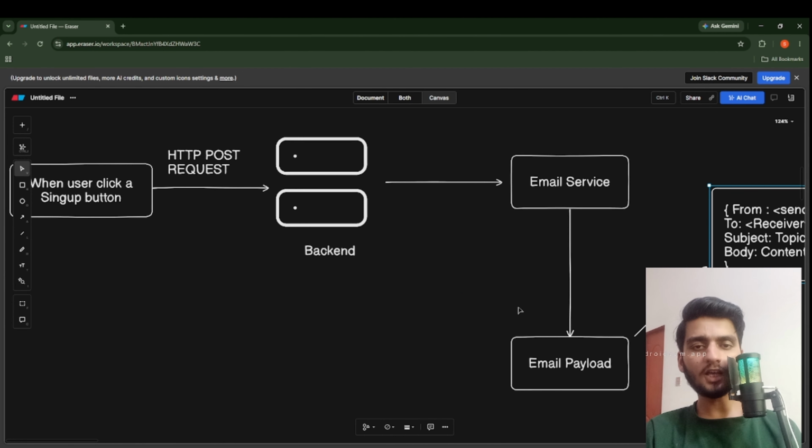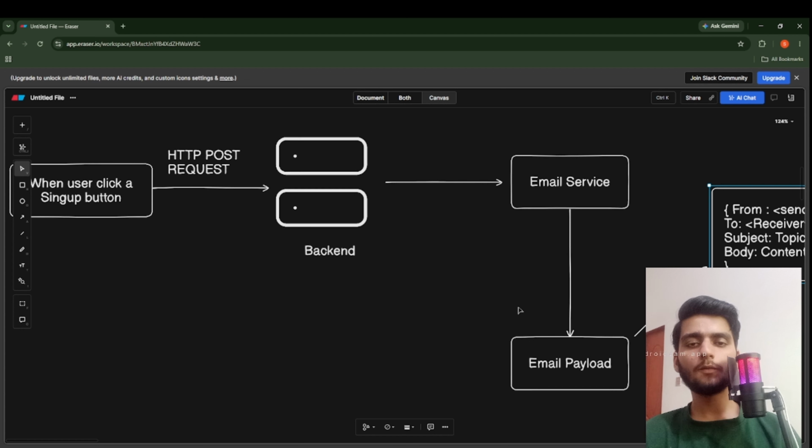After preparing the email payload, our server has to send this data to Gmail servers or Yahoo servers, whatever email service is being used by the user. But before this, I must say that our backend servers cannot directly communicate with the email servers, Gmail servers or Yahoo servers, because there are a lot of compliance requirements and protocols required to establish communication with these servers.